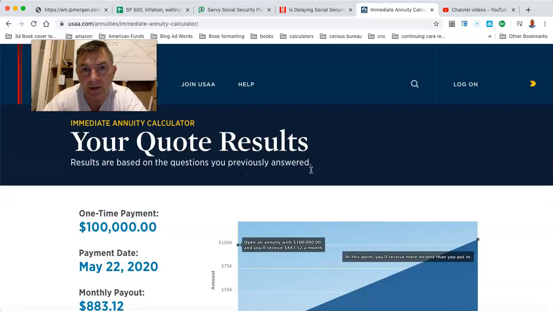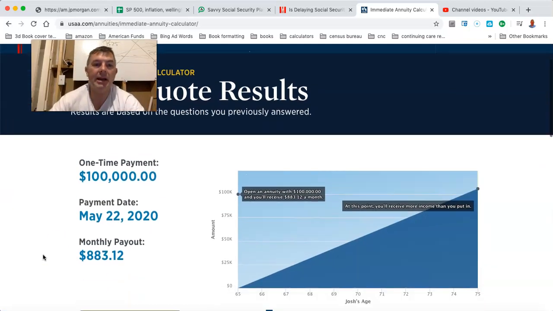I know I'm still saying they're 65 and 63, it doesn't matter. $883. So you're going to do it as a bridge until Social Security kicks in. I don't even care what it is. You're putting in $100,000. After 10 years the income will stop, even if you're still alive. That's how it works. For a period certain and not lifetime, it just means once the time period is up, the annuity stops. So $883 a month for 120 payments.